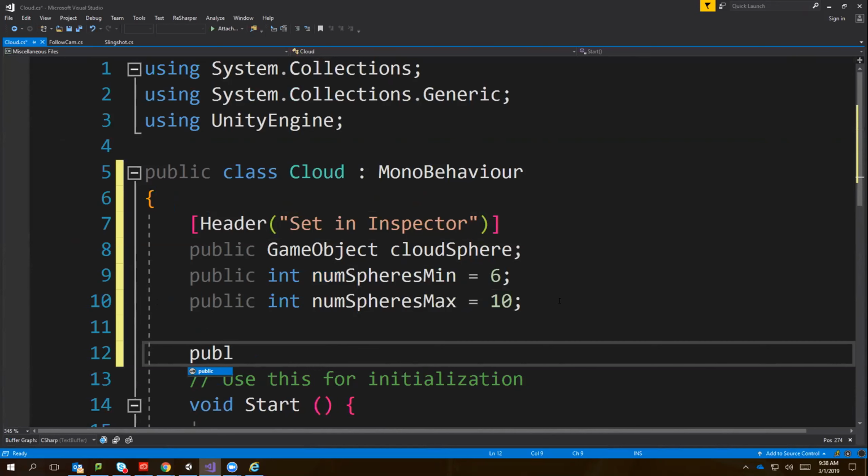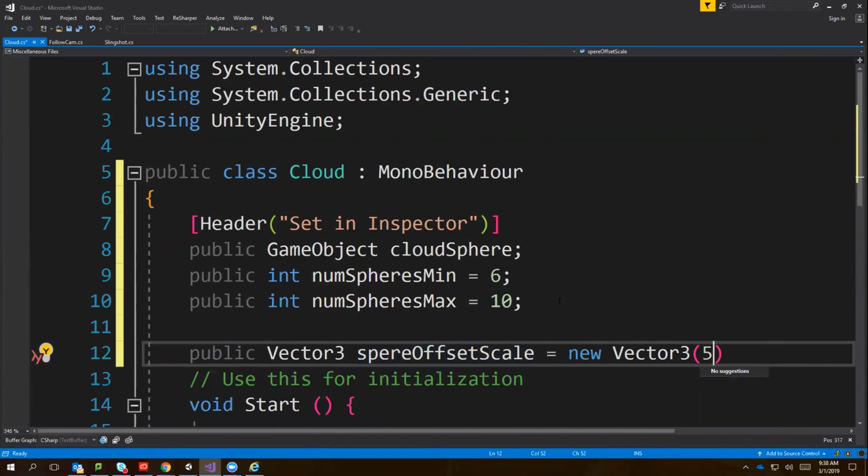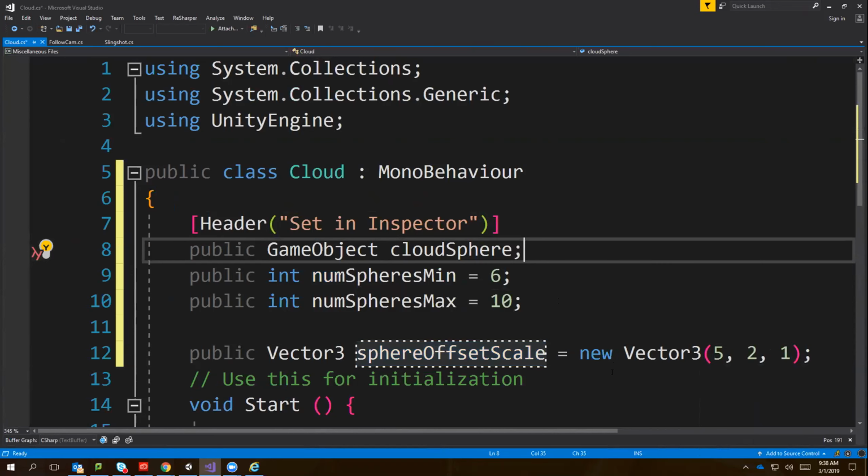Now we need a vector 3. It's going to keep track of our sphere offset scale. And this is a new vector 3, and we're going to initialize it kind of like we did with that 0. We're just going to give it hard-coded X, Y, and Z values. You spelled sphere wrong. Oh, okay, thank you. Is that better? Sphere offset